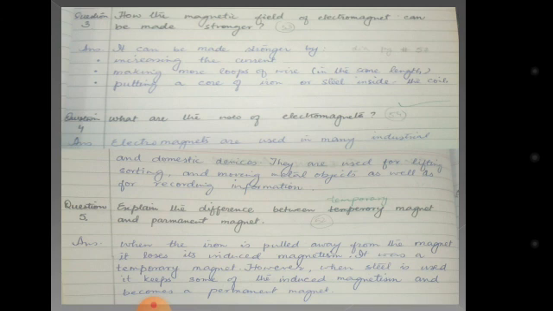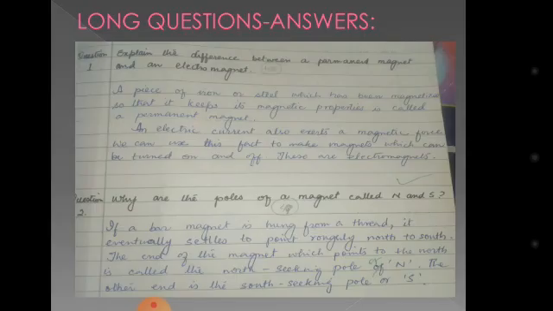But there are a few magnets which are permanent, as their induced power will remain the same whether we have any external force or not. Long question answer: difference between a permanent magnet and the electromagnet is a repeated question. I have given it here 2 times, sorry for that.